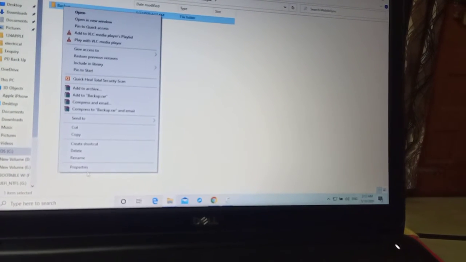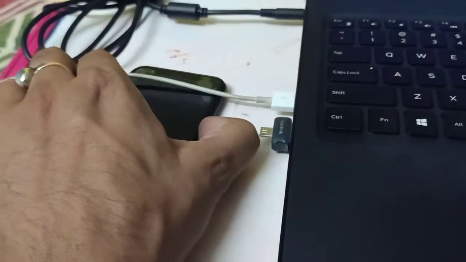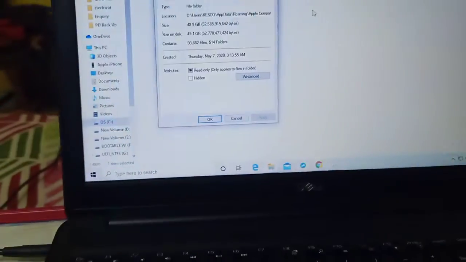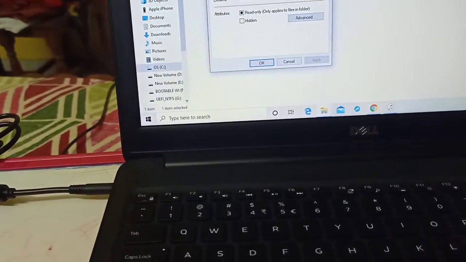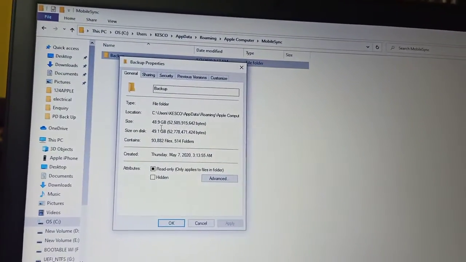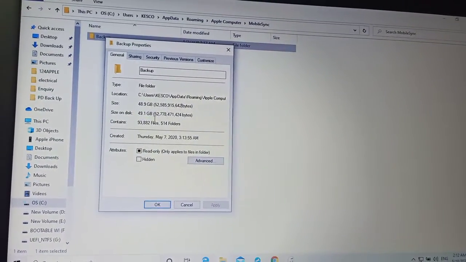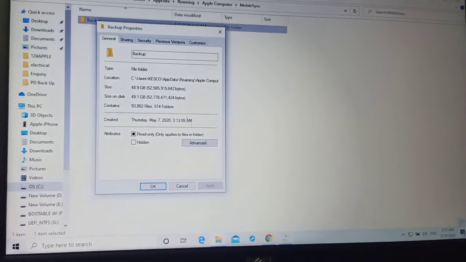You can see this iPhone has almost 50 GB of data, and this is the backup size, 49. So the whole backup has been stored here.